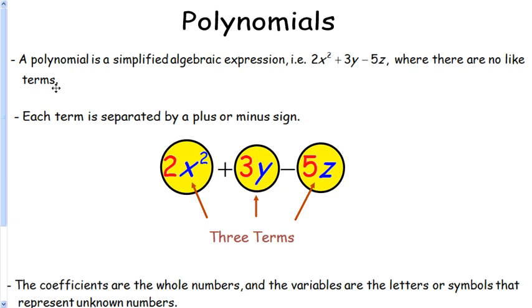So, a polynomial is a simplified algebraic expression. For example, 2x squared plus 3y minus 5z, where there are no like terms. Each term is separated by a plus or minus sign. So you can see the plus or minus sign here, and we have three terms. This is all one term, this is all one term here, and then this is all one term here. So we have 2x squared is one term, 3y is another term, and minus 5z, or negative 5z, is